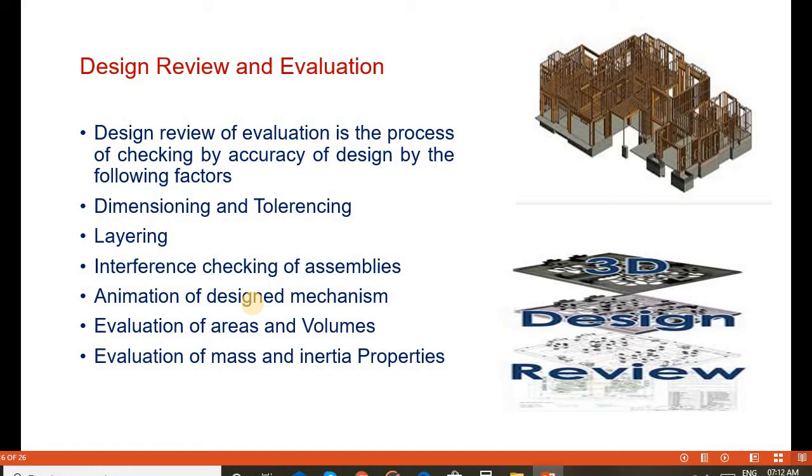Such as dimensioning and tolerancing, layering of the objects, products or drawings, interference checking of assemblies, animation of designed mechanisms, evaluation of areas and volumes, and evaluation of mass and inertia properties. All these parameters are reviewed and evaluated properly. Then only is the accuracy of the design improved and errors reduced.